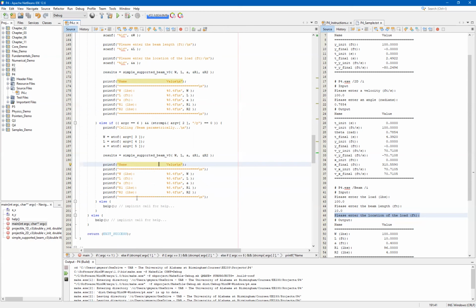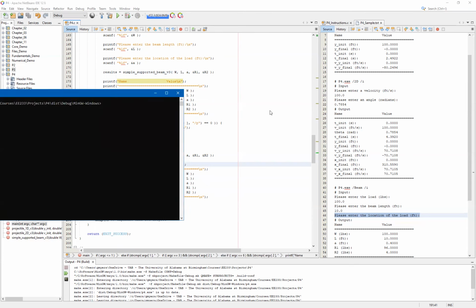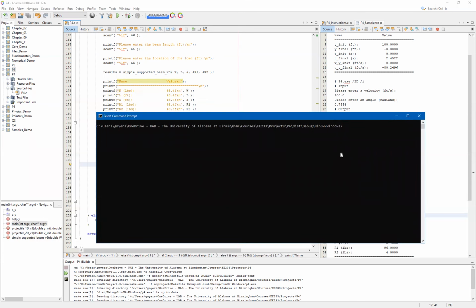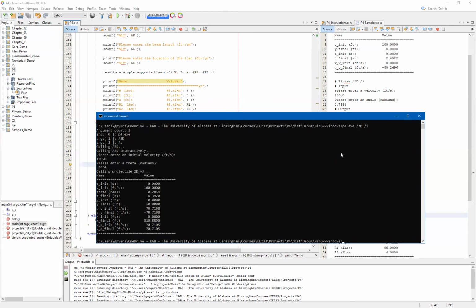from the command line. Now, let's go ahead and run a few examples of this just to make sure that this is working and that you understand then basically where the printing is being done. We'll start with our /2D since we went ahead and tested the /1D earlier. We'll do /2D interactive, put in the initial velocity of 100, theta as 0.7854, and you should have gotten the same table that you would have gotten in your P3 or the table that matches then the output sample, the